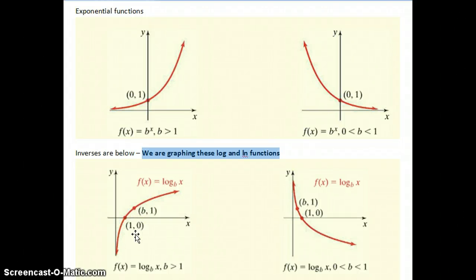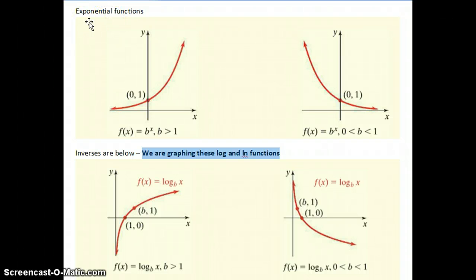The first thing we're going to do today is graph log and natural log functions. So we're either going to wind up with a graph like this one on the left or this one on the right. In order to understand the log and the natural log functions, we're going to look back at